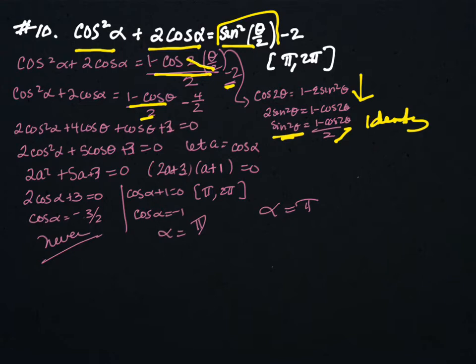I almost forgot it. So I have to get like denominators for this side to do what I want to do, which is multiply this side by 2. So I changed that 2 to 4 over 2. So multiply this whole side by 2 to get rid of the denominator in the other side. So you get 2 cosine squared alpha plus 4 cosine alpha. And then I'm going to subtract that. So the minus cosine alpha becomes a plus cosine alpha. And I had a 1. I'm going to subtract a 1 and